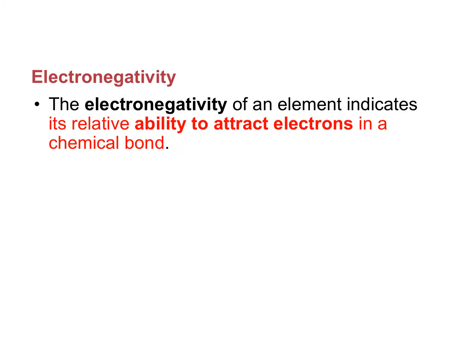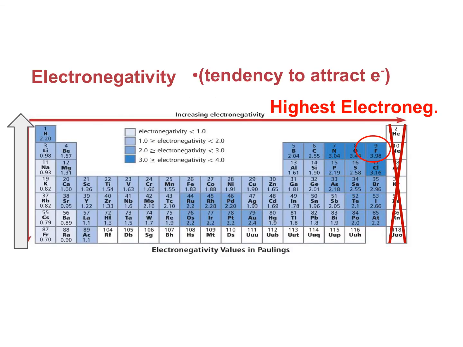So now we're going to talk about electronegativity. The electronegativity of an element indicates its relative ability to attract electrons in a chemical bond. So we know that our trend of electronegativity goes like this in increasing order, and that is because these elements